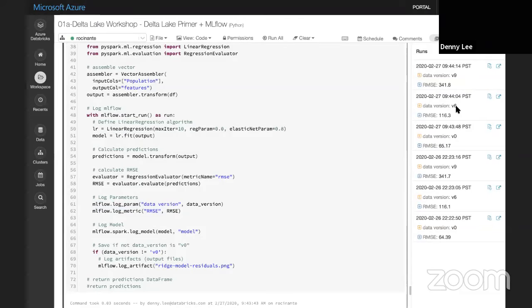But as you can tell, using the exact same hyperparameters, again, this is linear regression, so not really that interesting, but still, it gets worse. With version 6, this is the one where I went ahead and knocked out Washington State's data. Okay, the RMSE got worse. And now I went ahead and changed California, added data to Iowa that shouldn't have been added, nullified Oregon. As you can tell, it's getting worse, worse, and worse, right?